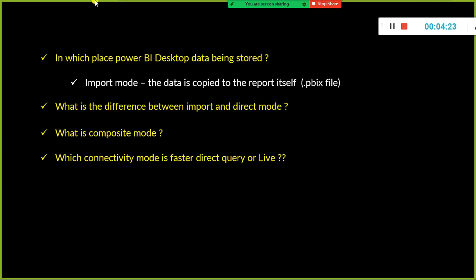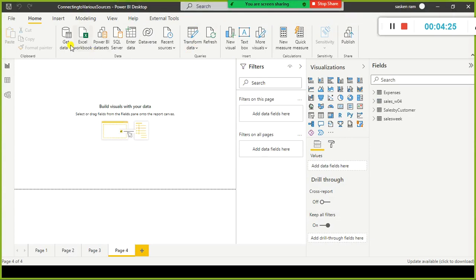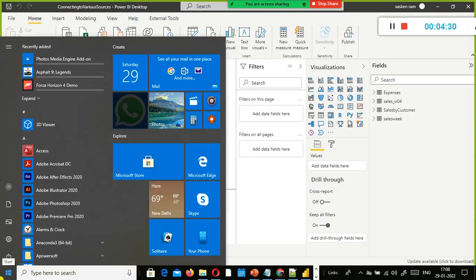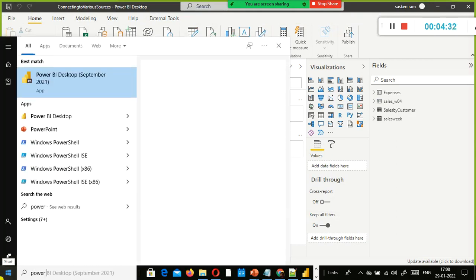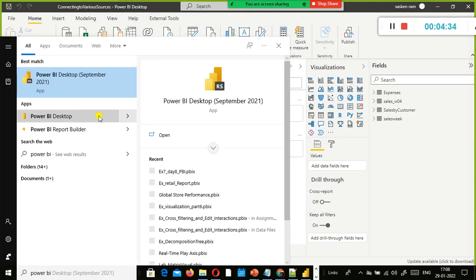So now what we will do is open Power Query. Instead of using this one, I'm going to use Power BI Desktop. I just click on this.